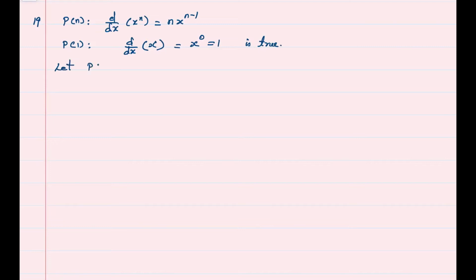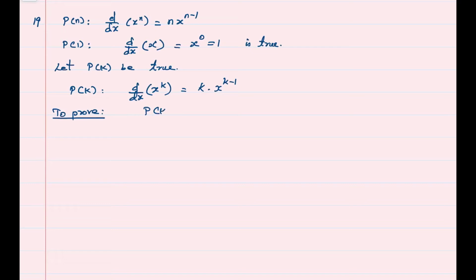Let us assume that p of k is true, and we will write the p of k statement, which is d by dx of x raised to k is equal to k times x raised to k minus 1. Now, we are going to prove that p of k plus 1 is true. The p of k plus 1 statement is d by dx of x raised to k plus 1 is equal to k plus 1 times x power k plus 1 minus 1, which becomes k. Let us take the left hand side of the p of k plus 1 statement, which is d